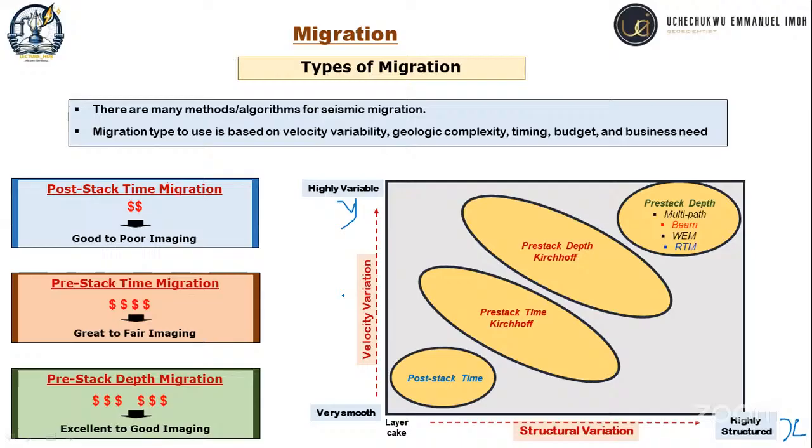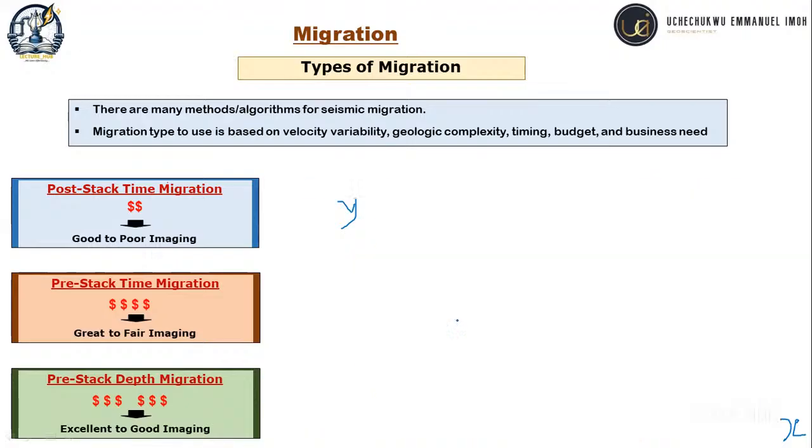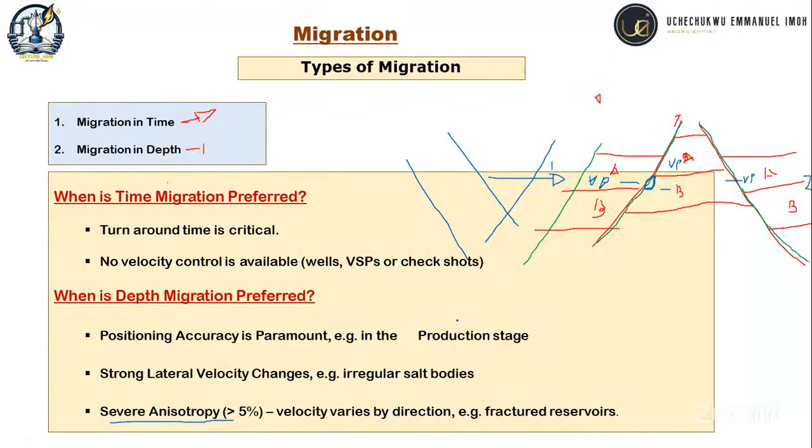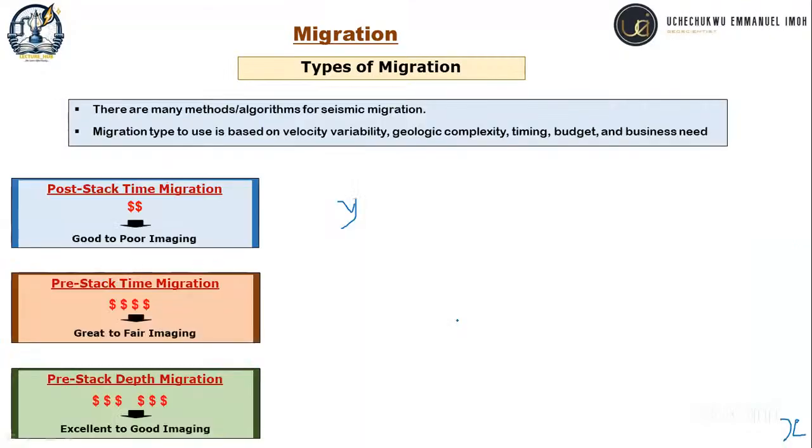Okay, but if you have increased velocity variations, just like we have in the Niger Delta, you have to do a pre-stack time migration. So post-stack time migrations are faster to do. You have already finished stacking the data, you now do the migration. They are quick, they are fast. If your velocity variations are not much, you can do that. But immediately you start having complex velocities and complex structural information, like I showed you in the former slide of the Niger Delta, the cartoon I drew, you have to do what we call